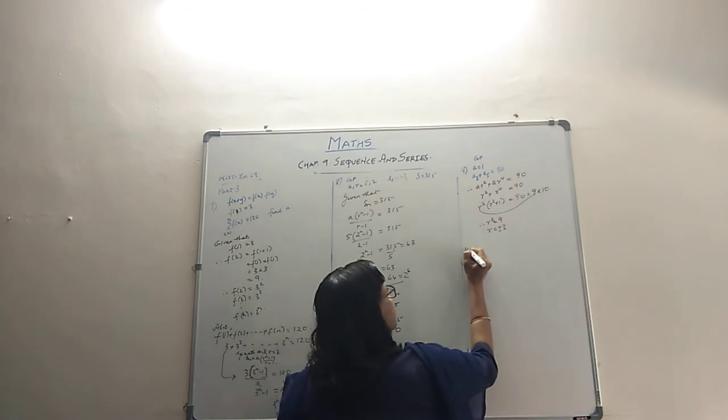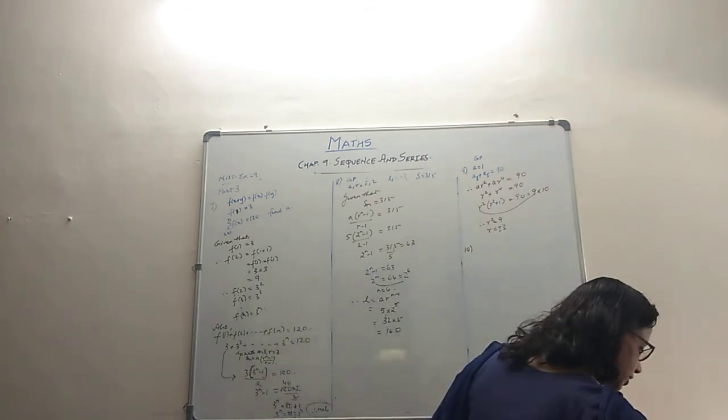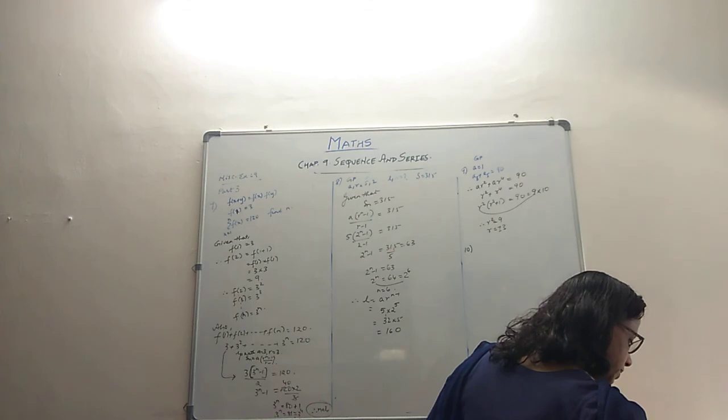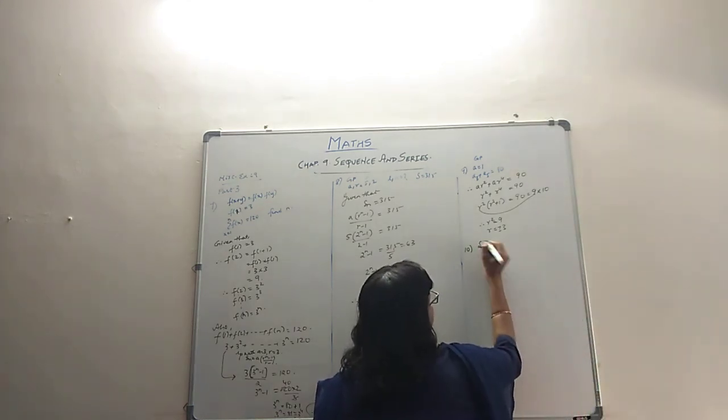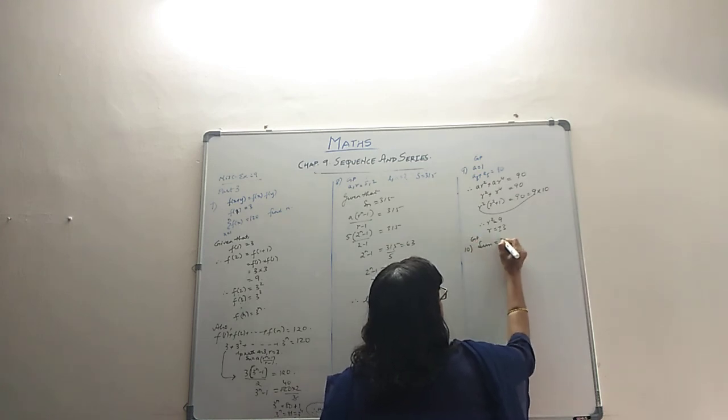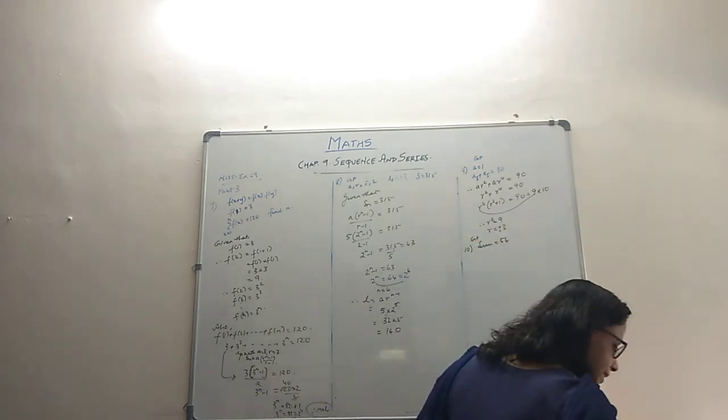Let's quickly take the 10th problem also. What does it say? The sum of three numbers of a GP is 56. The sum of three numbers is 56. And they say that,